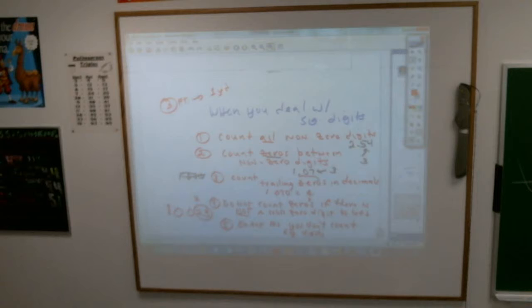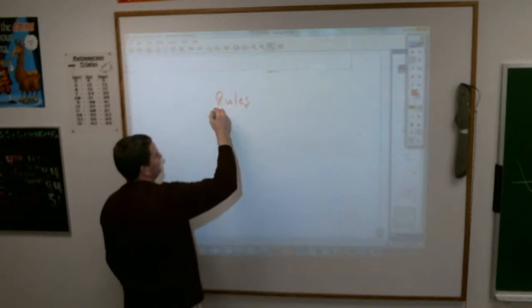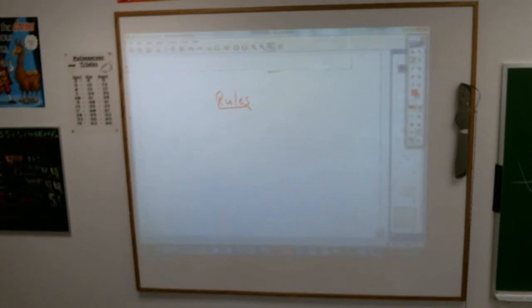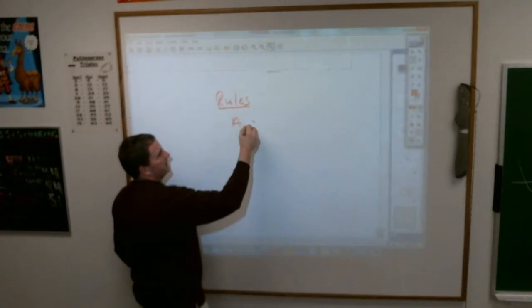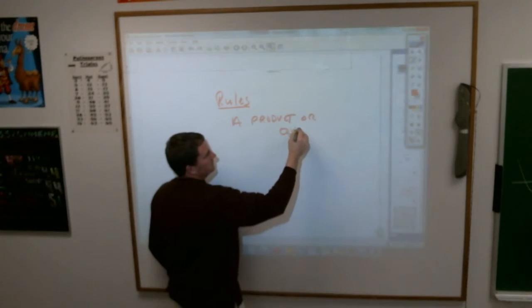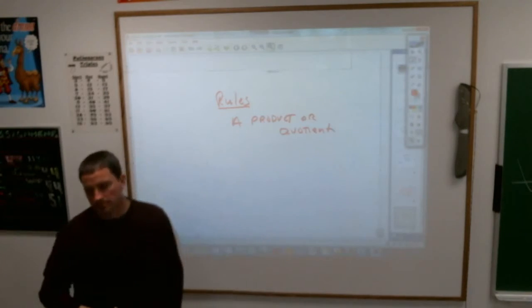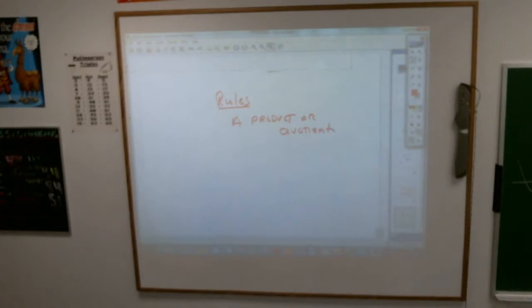Okay, so here's what we need. Here are the rules then, some rules that you need to follow. Well, those were the rules for how many significant digits you're counting. This is the rules and how they get used. A product or quotient, that means if you're doing a multiplication problem or a division problem, a product or quotient of two measurements